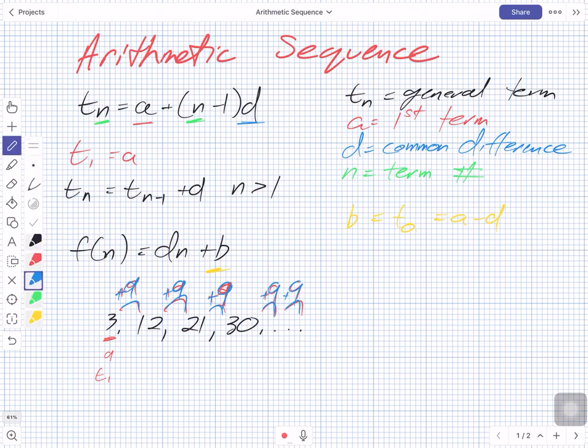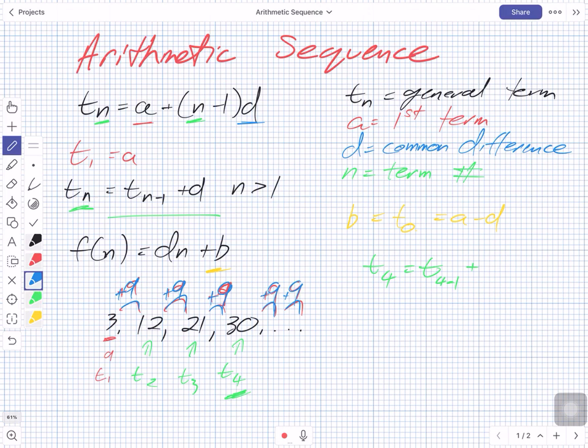term here. So let's see, I want to find, I don't know, the fourth term. Well, we already know what the fourth term is. It's this term here. And we use t at 4 to represent that. So knowing that, that means this would be the second term. How would I represent that? T at what? T at 2. Perfect. And the next one would be? T at 3. Great. So I'm going to use a value we already know, t at 4. I'm going to use this formula they've spelled out on the side here. T at 4 is equal to t at 4 minus 1